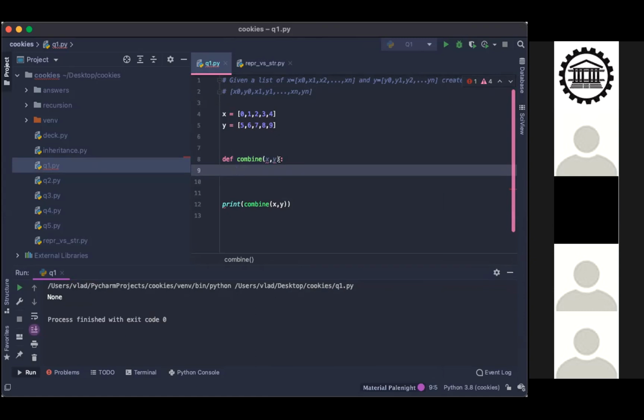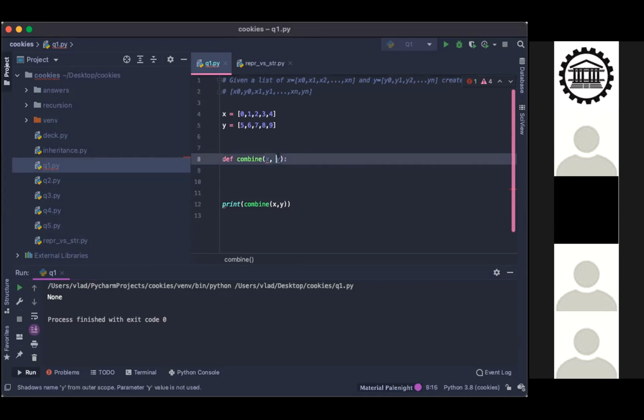Can I ask you a couple of questions before we start? Are we assuming that they're of the same length, or do we need to test for that? Let's assume they're the same length. Yes, okay. And how would you like us to approach the solution? Do we just suggest it in the chat? Yeah, suggest it in the chat or out loud, whatever you prefer.